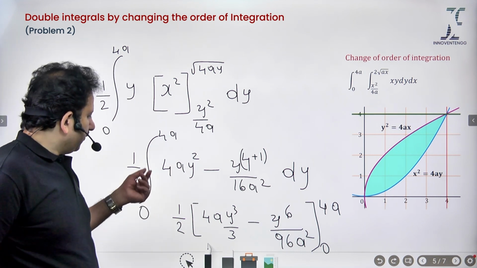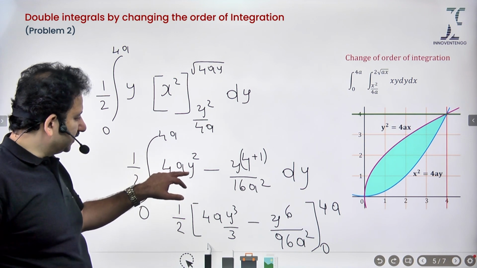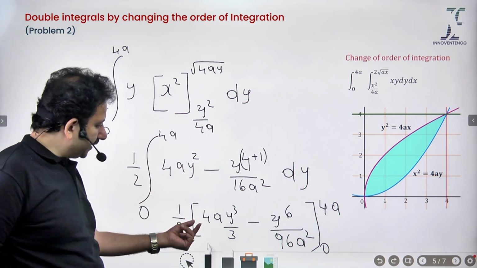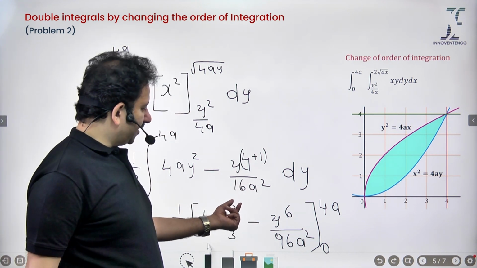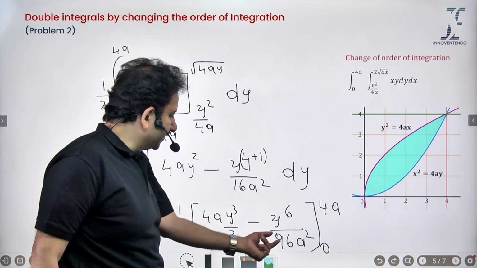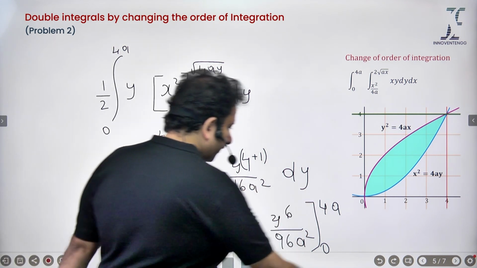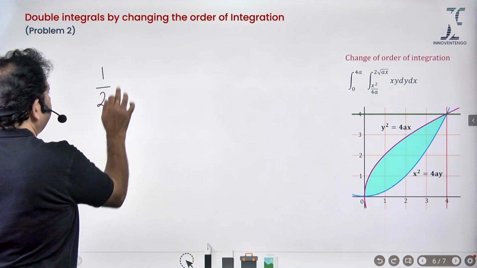How did I do it? Multiply the result by y, so I got y power 5. When I integrate, I get 4a y cube by 3 minus y power 6 by 6. There is already a 16, 16 6s are 96, 96 a square, 0 to 4a. Very simple. Now if I take that to the next slide, then that becomes half